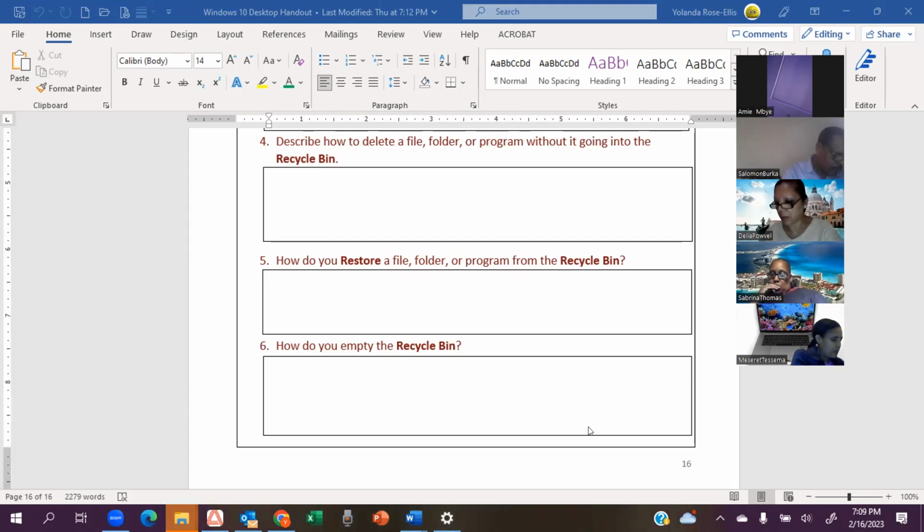Right click the file, folder, or program that you want to restore. Where did I restore? On the screen, on the icon. Then click the item. Would someone like to help me with this? Or on the slide. So how do you